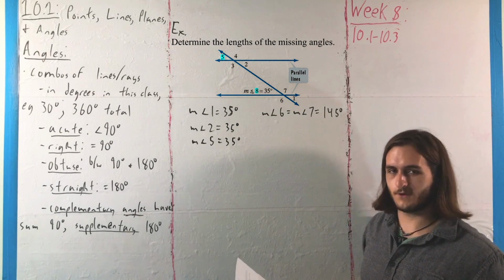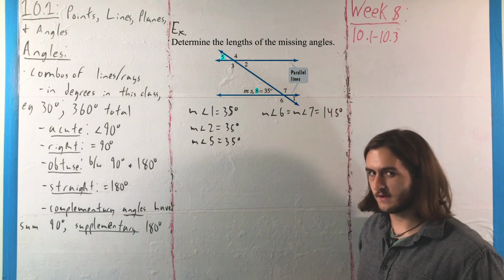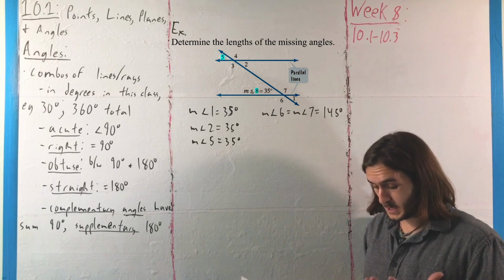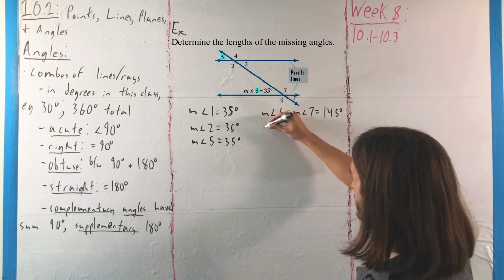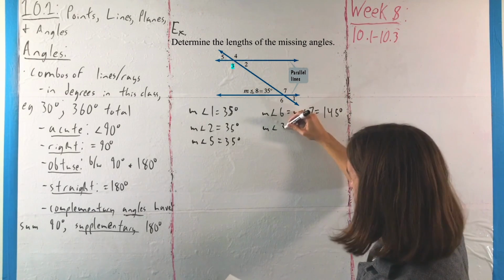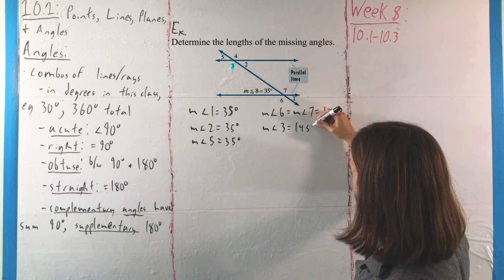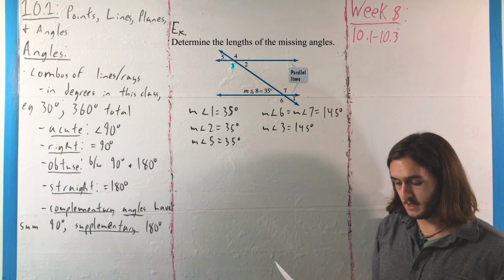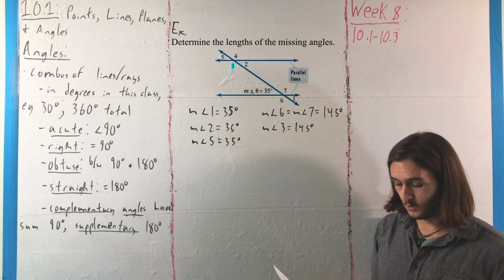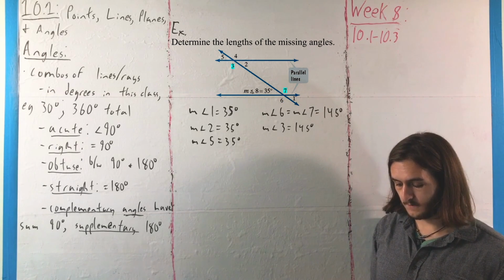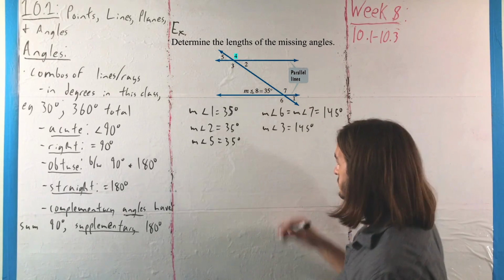And hey, guess what? Those were also vertical angles with each other. So they should have been 35 for that reason too. There's a lot of redundancy, a lot of different ways you can go about this. And for fundamentally the same reason, hey, guess what? The measure of angle 3 is also going to be 145 degrees because you can either see the measure of angle 3 as being a corresponding angle with 6 or an alternate interior angle with 7, and then the measure for angle 4 is going to be 145